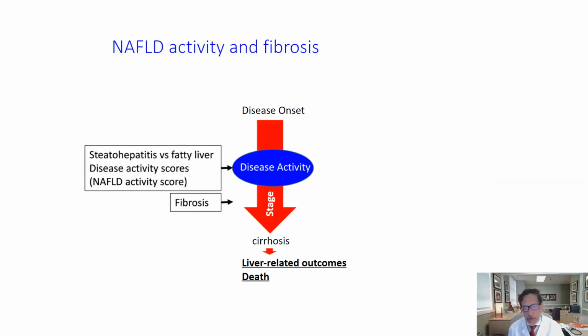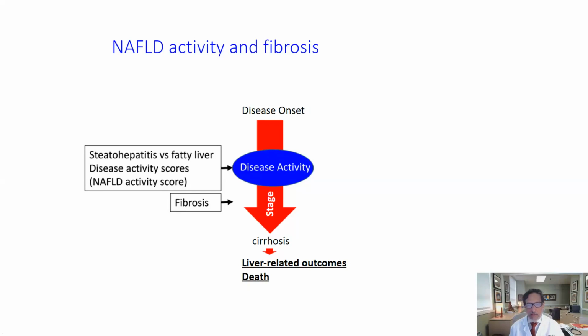So conceptually, when you think about a normal liver that becomes diseased with fatty liver disease and progresses to cirrhosis, there are two critical things to think about. One is the concept of disease activity, and this refers to all of the injury that is going on from the accumulation of fat that leads to inflammation, and that is basically the driver of the injury and the scarring